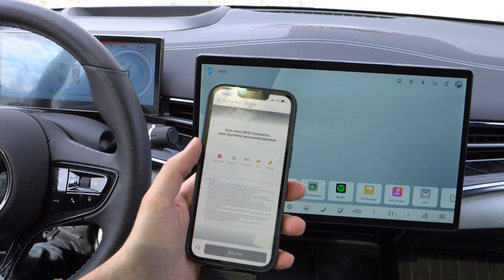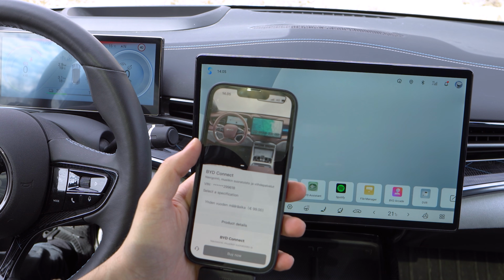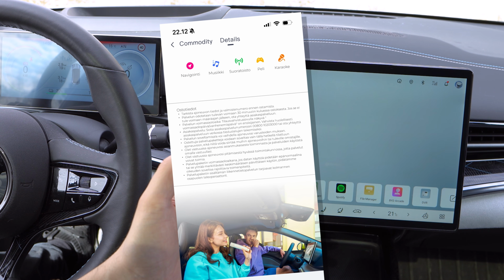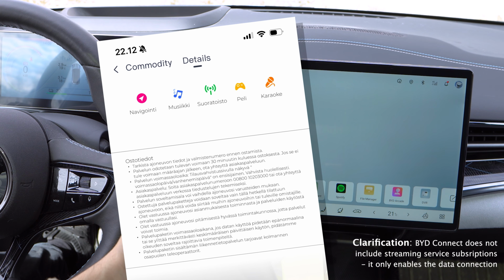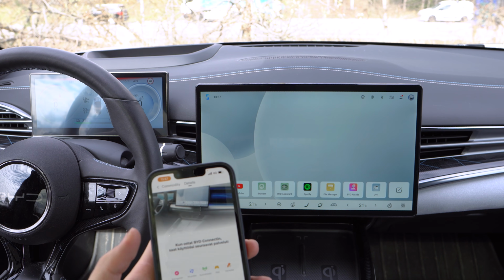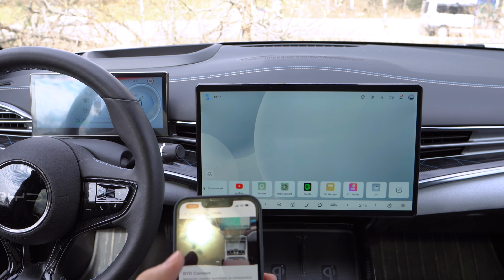Like I mentioned, you get the navigation or the route planning, music, Amazon Music, Spotify, YouTube, streaming services. Well, that's not too many in the built-in infotainment. Then the games and the karaoke. So those are the things that you get when you buy this BYD Connect for €99. And now the big question is,